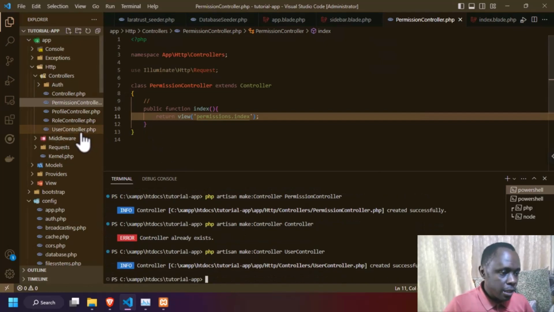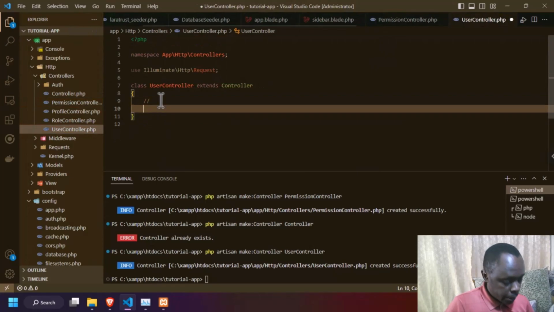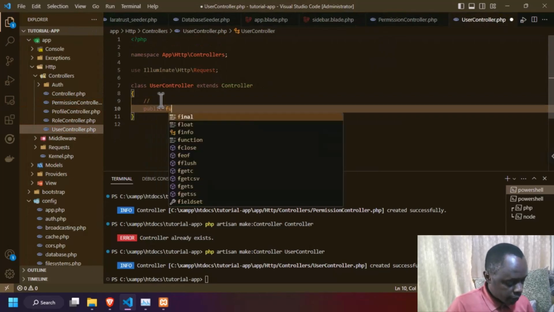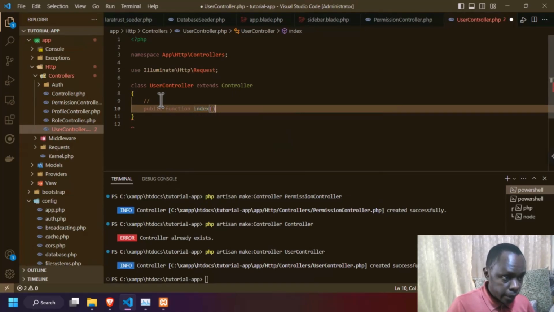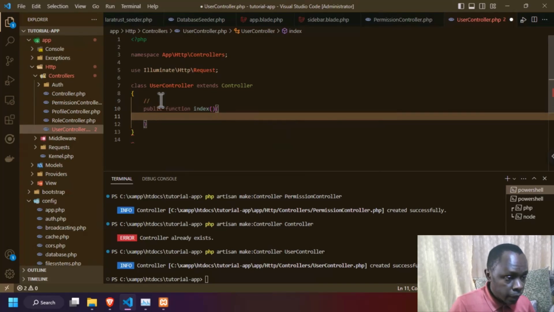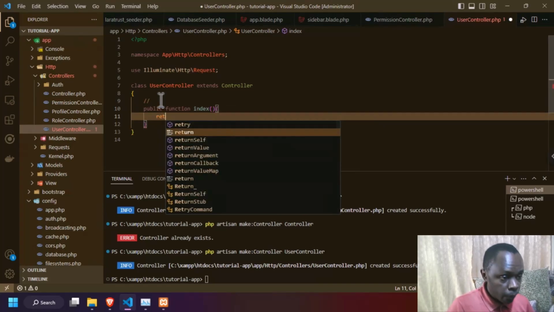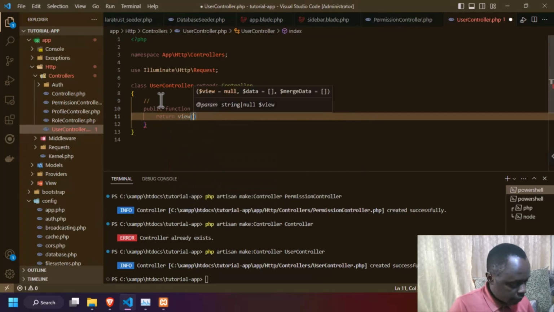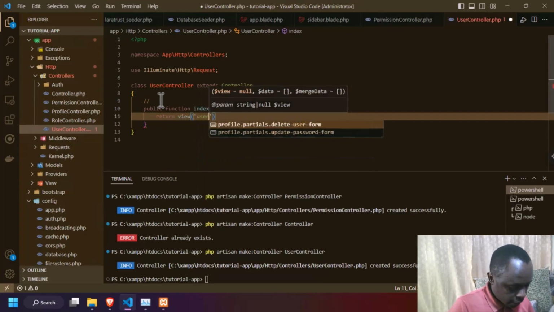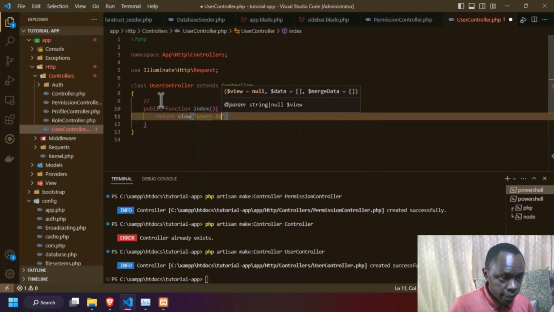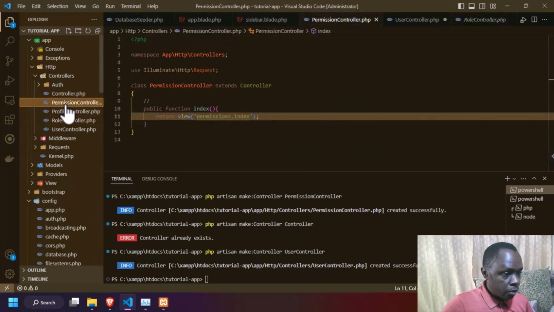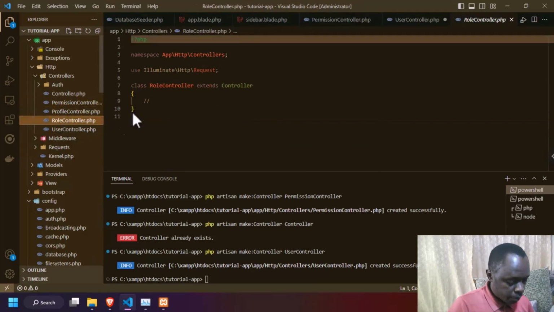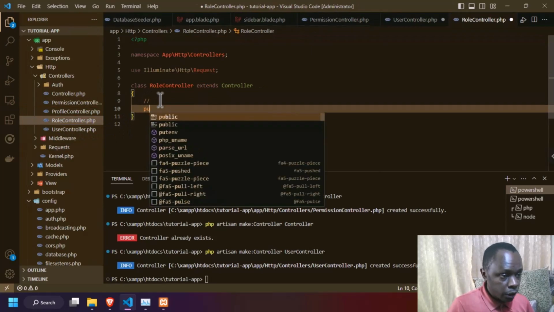Public function, we're just going to add public function index. Return view users dot index. Okay, just something like that. That is returning users dot index, roles dot index, and then permission dot index. So permission is there, role dot index. Okay, public function index, public function index,